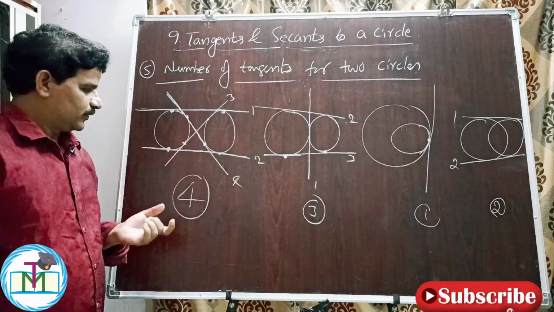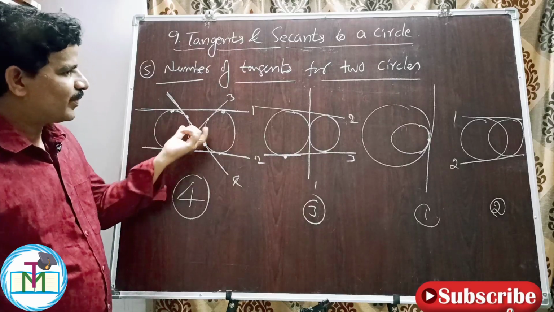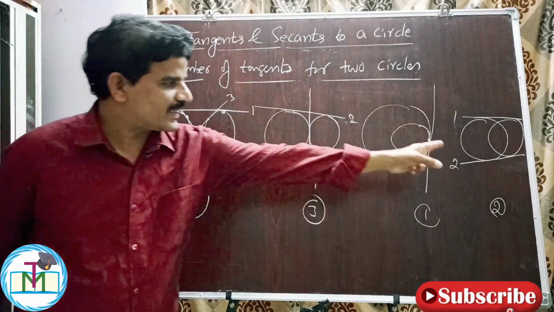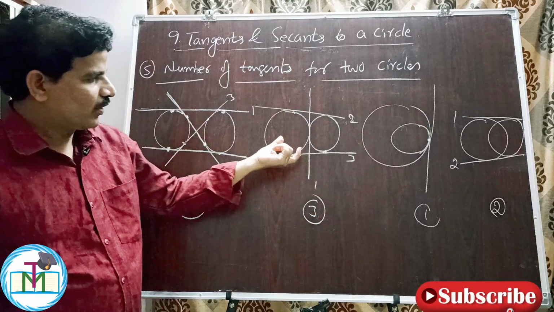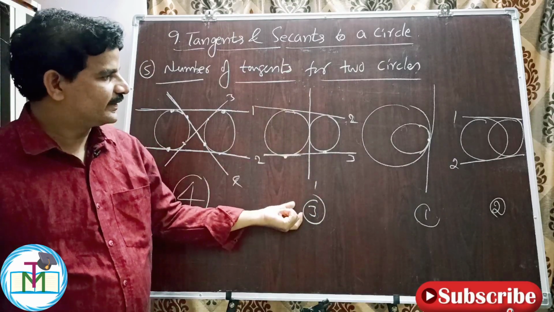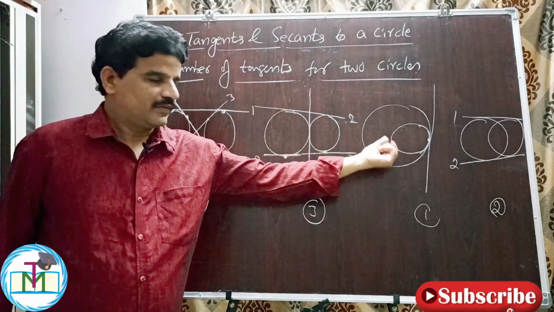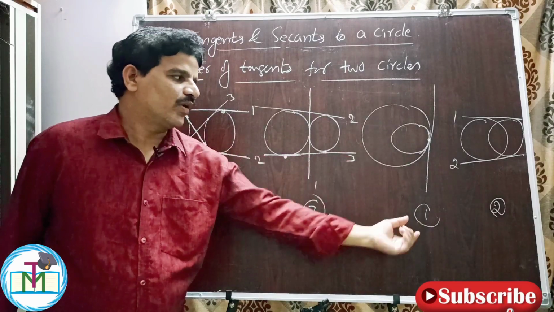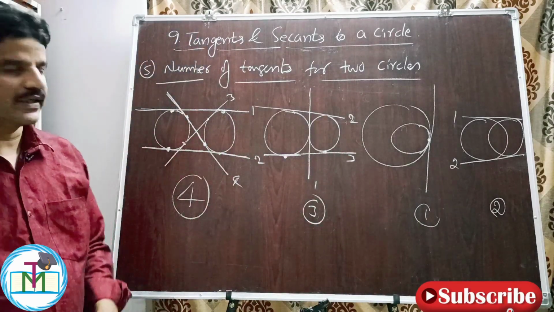So here, when 2 circles are such that one is away from the other, 4 tangents. They are intersecting, 2. They are touching each other externally, 3. They are internally touching each other, 1. This is a very important case, you have to remember.